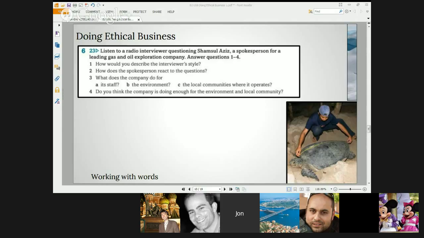We also support a range of local projects. To take one example, we provide financial support for turtle conservation in Bangladesh. We have done this for several years. And one of our guiding principles is to give back to the communities where we are carrying out our operations. So, in Canggu, for example, we have established a community project to provide skills training for unemployed youths. And in Rajasthan, oh my God, it's hard to say that, Rajasthan, we have undertaken health initiatives and other schemes to encourage sustainable